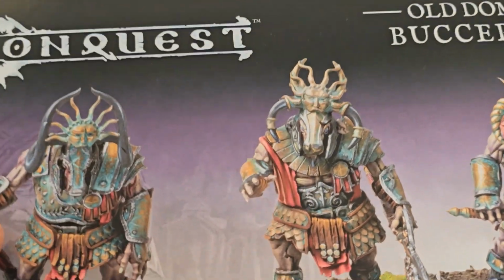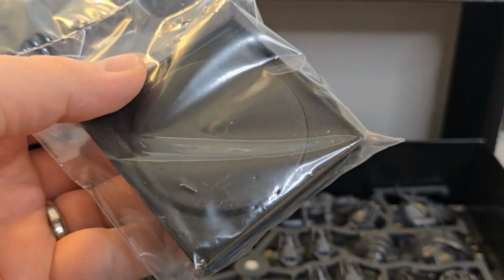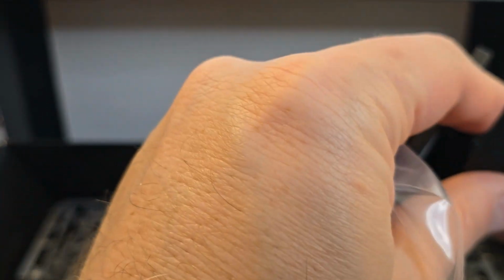Looks like we've got big polearm type weapons. Let's take a look at our undead Minotaurs. So we've got the usual bases. Now I'm curious if these are the ones that have the...